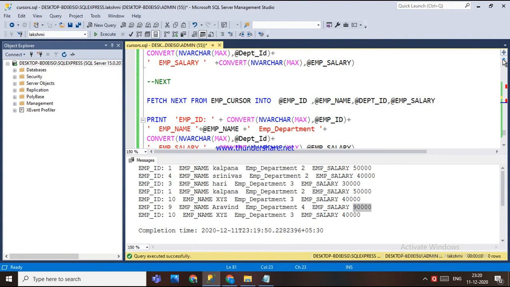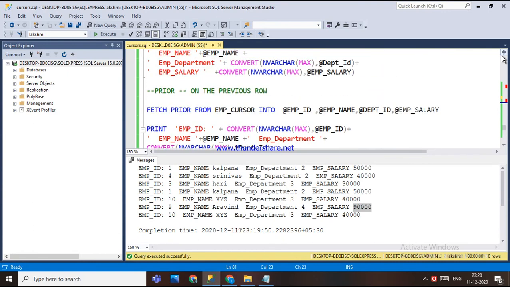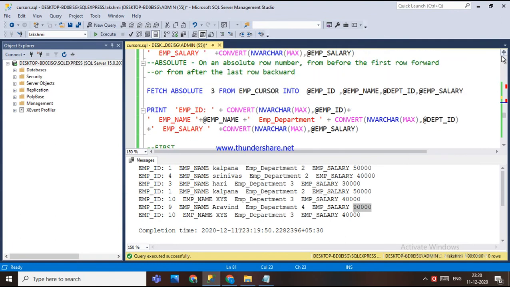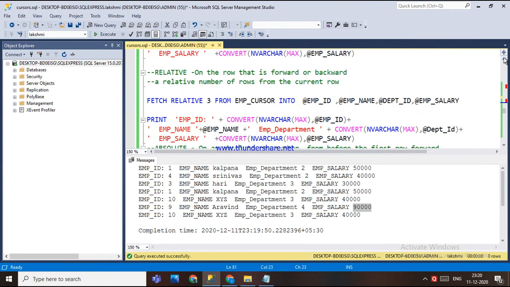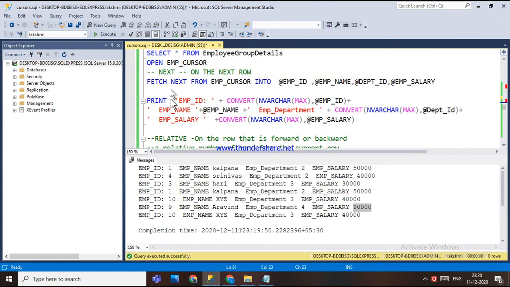Next means we get the next row, prior means we get the previous one, and last means we get the last row. Relative means the row relative to the current position. Absolute means the row of the specific number we have specified.